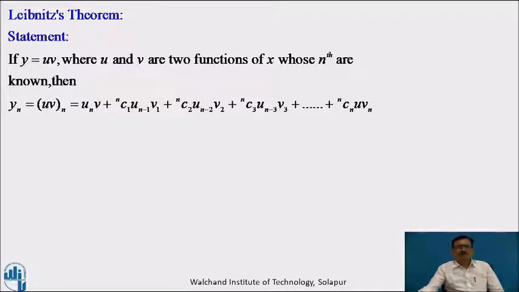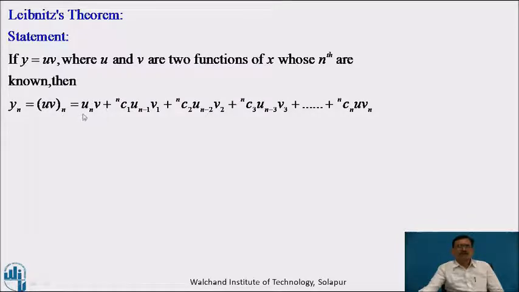We have already seen how to find the nth derivative of some standard functions. Now we will see in this session how to make use of the Leibniz theorem to find the nth derivative of product of two functions. Statement is, if y equal to u into v, where u and v are two functions of x whose nth derivatives are known, then nth derivative of y, that is y suffix n, is equal to (uv) suffix n